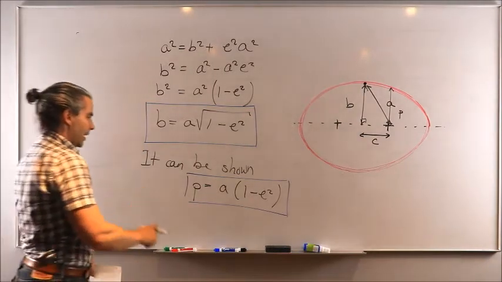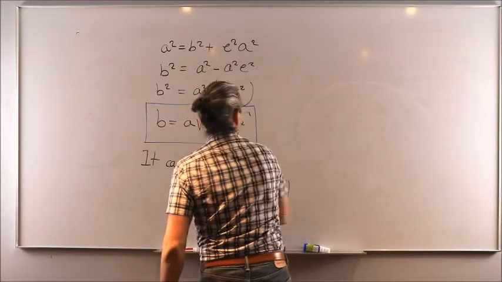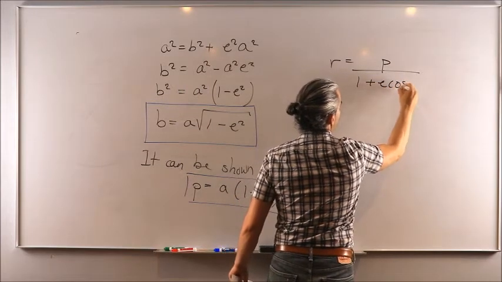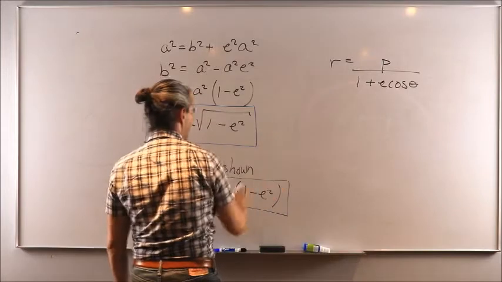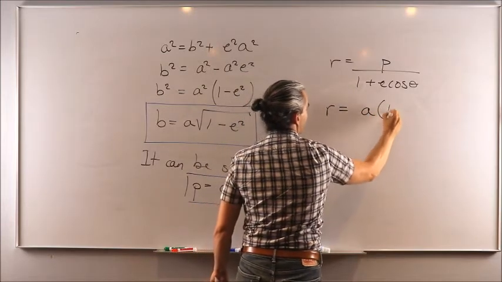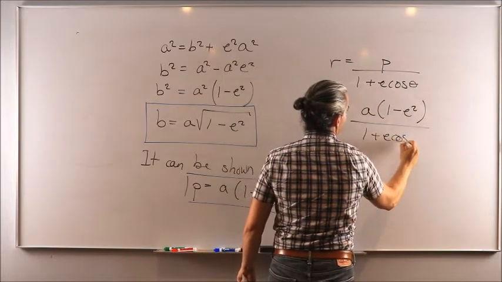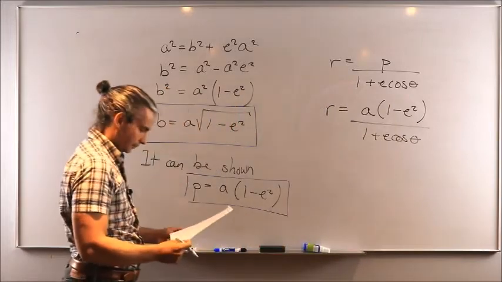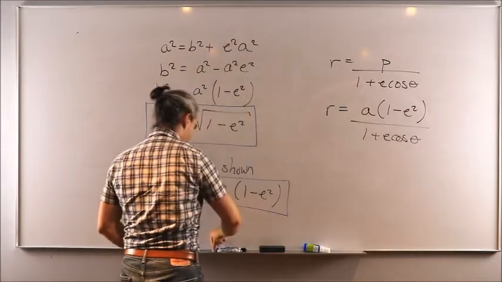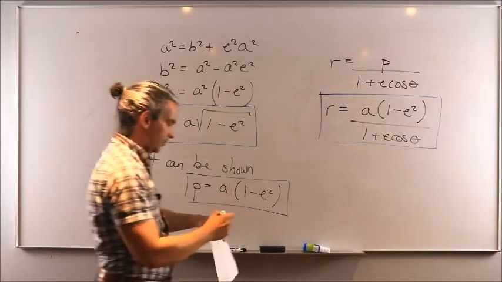All right, so that means that if you go back to the orbit equation, which from before was R equal to P over 1 plus E cos theta, you could rewrite it by making use of this relationship here as R equal to A times 1 minus E squared over 1 plus E cos the true anomaly. From that other version, if you will, of the orbit equation, and also it's handy to have this one ready to go whenever you need it,